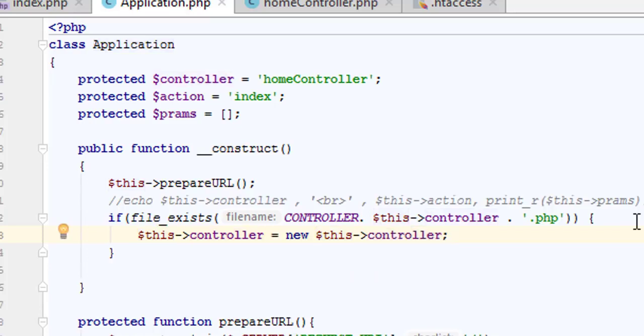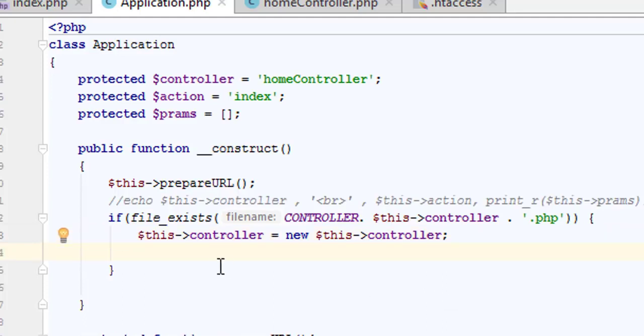As simple as that. So I'm creating an object of that class, home controller, already, right? Now that I have done this, I just should be able to see a value. Let me check this one. Okay, so now since I have the object, I simply go ahead and say this controller